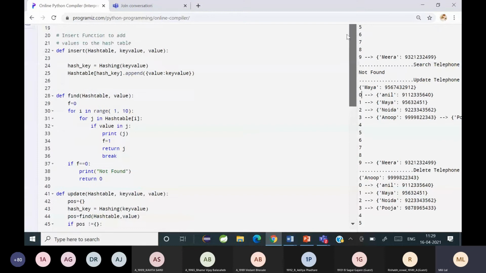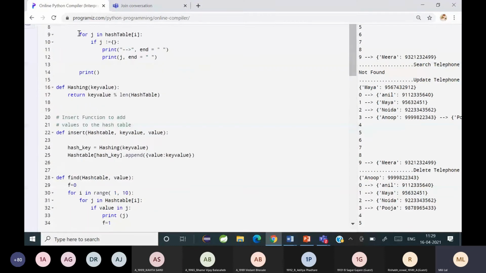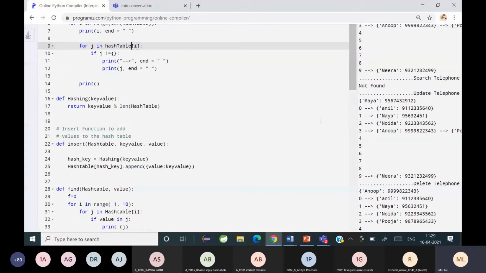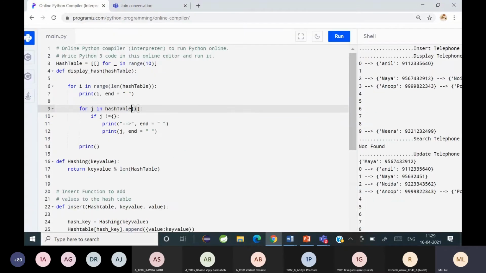You can see for every element of the hash table, display hash function, for every element of the hash table of range, length of the hash table. Yes. How am I going to place the data? I'm going to place it in this way. You can see it in this side, how it has been done. You can see the display over here.